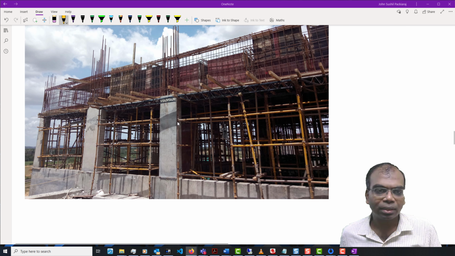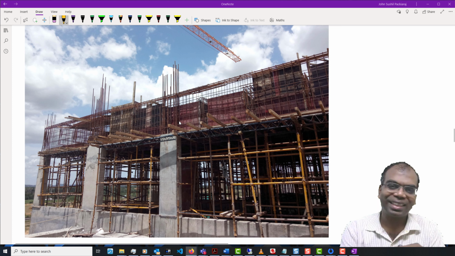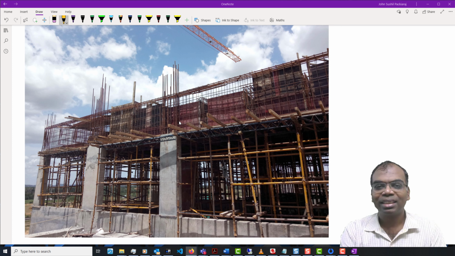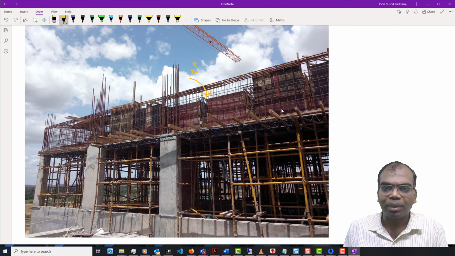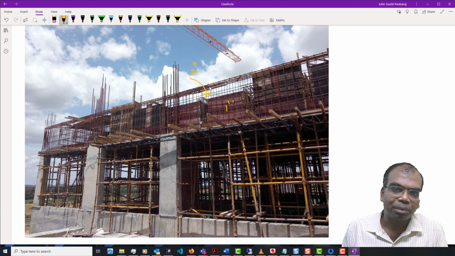So if you look at this, this is another view of the building, maybe I should say in its even younger days. You'll see that I am getting some secondary beams over here. Secondary beams are beams which frame into another beam. This will become the primary beam, and here you are having the secondary beam. You can see how deep these beams are, and you will again find that here the bottom shutter is put, and whatever is here, this is the side shutter. This is the side shutter for this element.